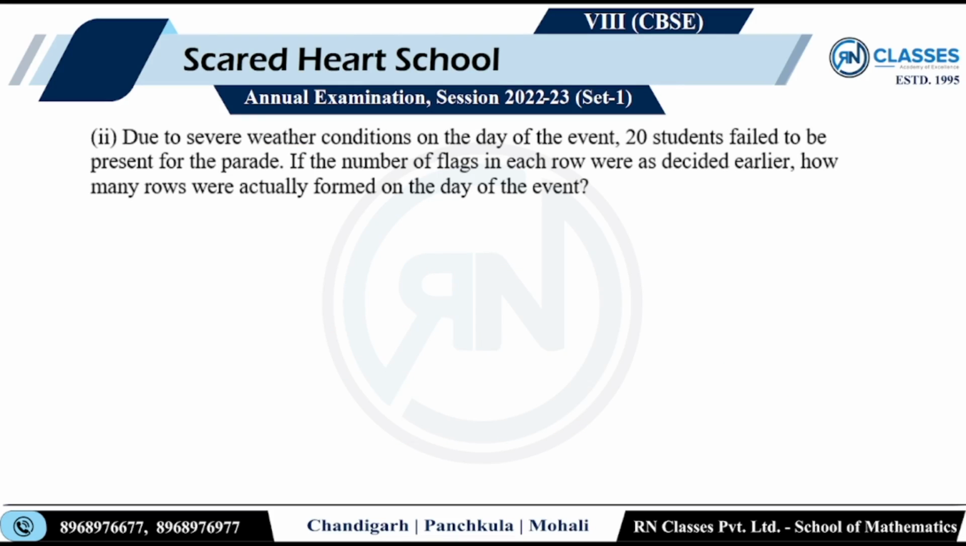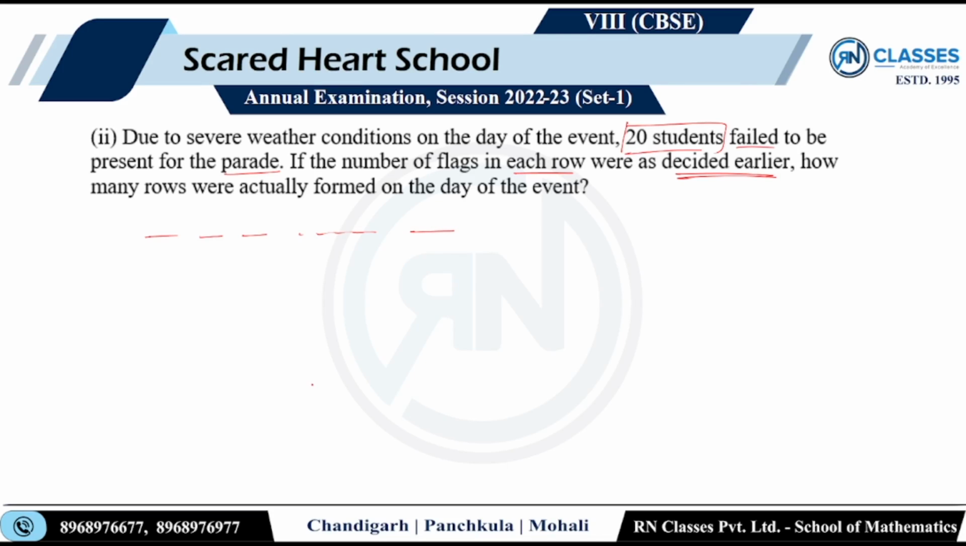Due to severe weather conditions on the day of the event, 20 students failed to present for the parade. Okay, 200 थे, अब 180 रह गए। If the number of flags in each row is decided earlier के हिसाब से, मतलब कि 20 ही रहेंगे, how many rows were actually formed on the day of the event? Okay, so